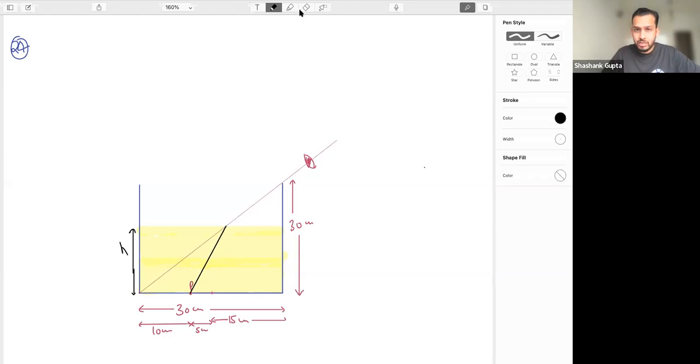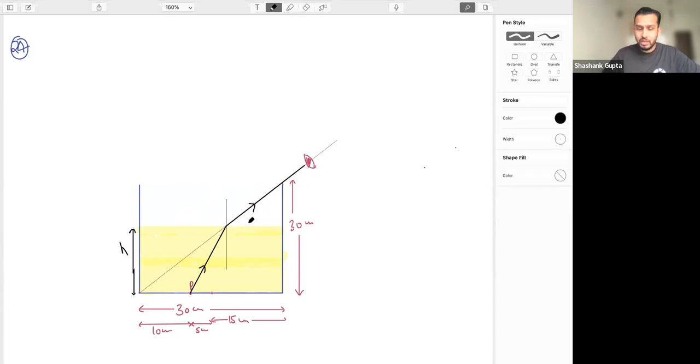Just imagine this ray to be the original ray, which is finally going like this. For me, which is the normal? At this interface, this is the normal. If my final ray is going like this, can I say